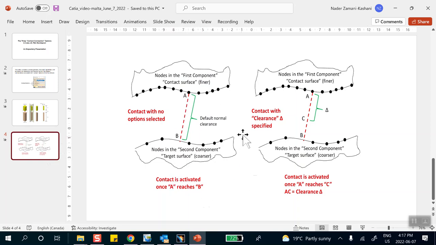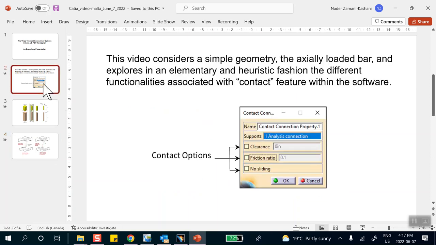But if we specify a clearance by going there, checking this box and putting a number here, when we do that,